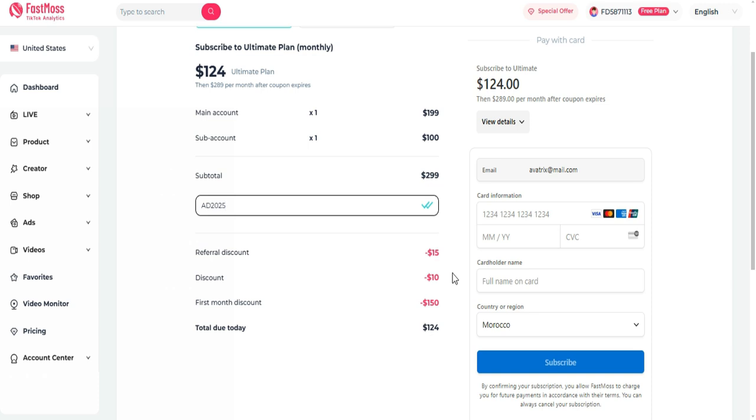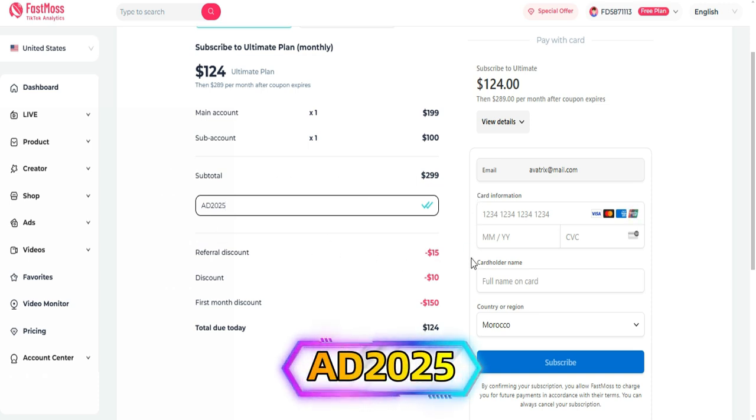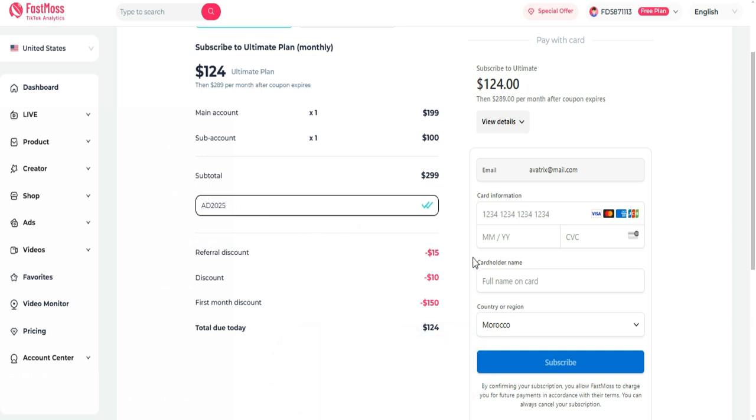One quick tip: always double check that the coupon code is applied before finalizing your purchase to ensure you're getting the discount. Now you know how to get 15% off Fastmoss using the coupon code